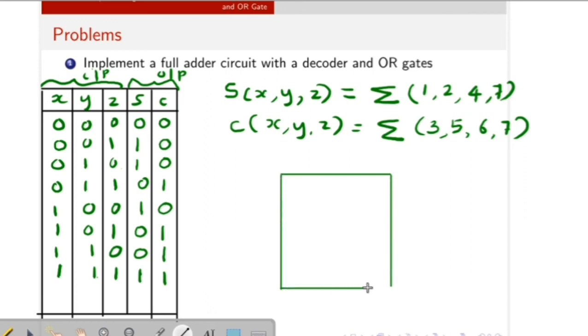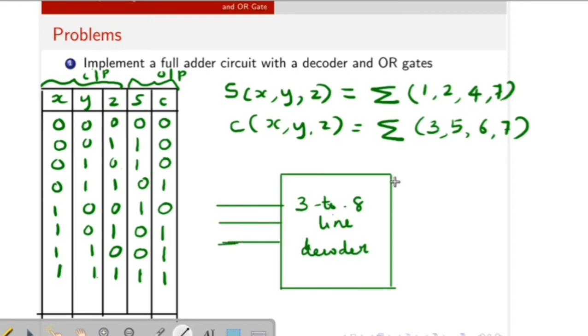This is the 3 to 8 line decoder, which has 3 inputs X, Y, Z and generates 8 outputs.